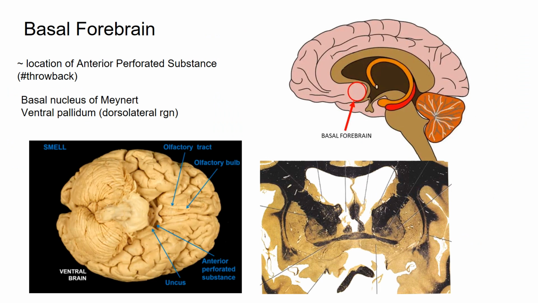So here we have our basal forebrain. This is an area more just a theoretical area than a place to easily point out. It's about the same location as the anterior perforated substance. So you remember that from like lab 1, it's on either side of the optic chiasm in these little pockets right here. So this sort of whole location is your basal forebrain,